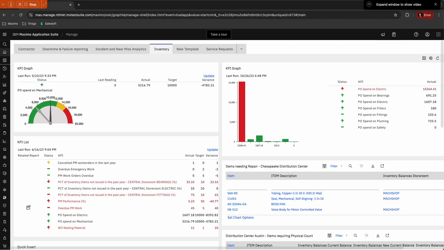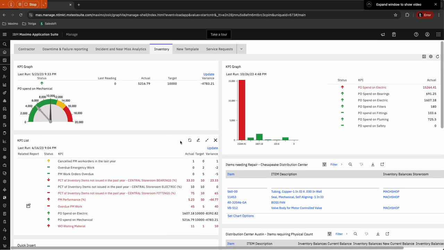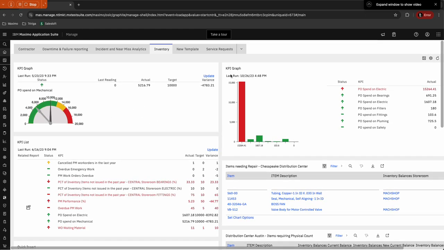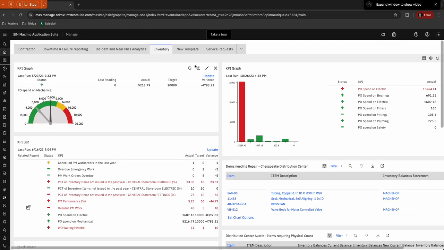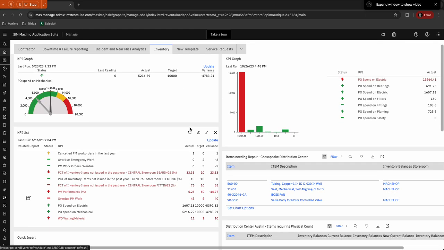So the last part of this inventory demo that I want to showcase is how Stan the Storm can track his inventory and ensure that he's meeting the key performance indicators that he's measured on. So for example, as we scroll down, Stan's going to go ahead and open up Maximo once again. The first thing that Stan's going to see is a couple of the key performance indicators, such as where are we spending a lot of our money,